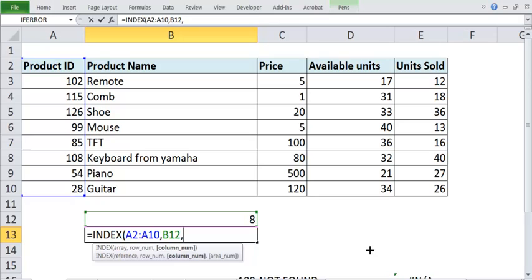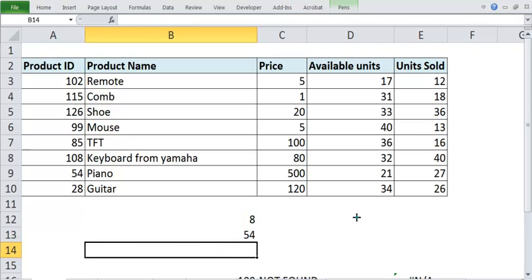And then you have to provide which column number you are going to look in. Because I have given only one array, only from here to here, this is my column number 1. So I will say 1 and then press enter. See this, I have got 54. So 54 is the product ID of piano.